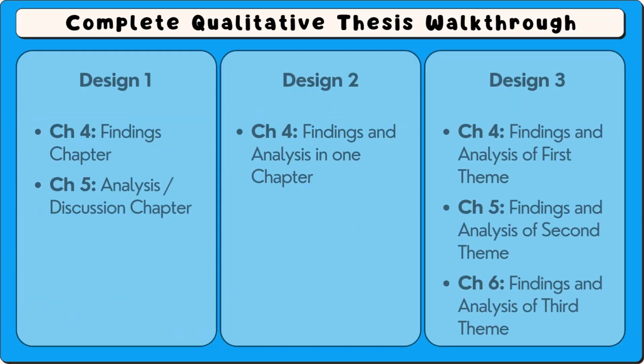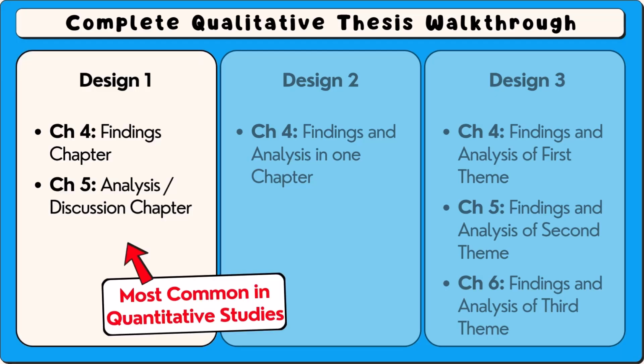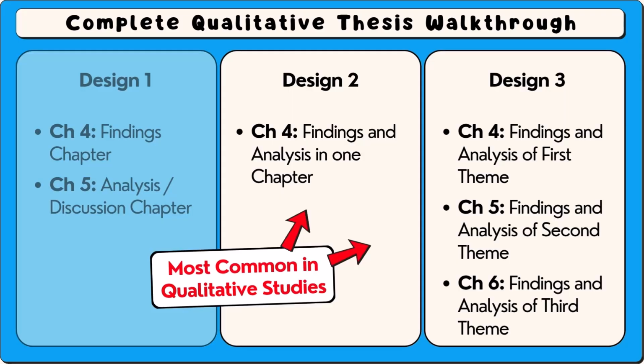There are 3 common ways to construct a findings and analysis discussion in a thesis. The first, most common in quantitative theses, is to separate findings and analysis. Here, the researcher presents a findings chapter where the researcher does not compare their findings to existing literature or analyze it, followed by an analysis and discussion chapter where the researcher does compare their findings to existing literature and presents an analysis. It is more common in qualitative research to present findings and analysis at the same time, as shown in designs 2 and 3, because for qualitative researchers, data analysis is inherently interpretative, and therefore it is difficult to